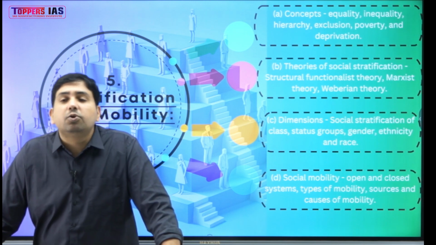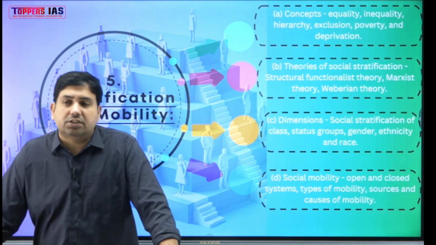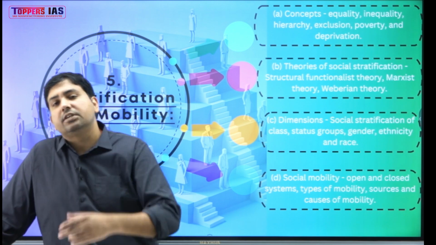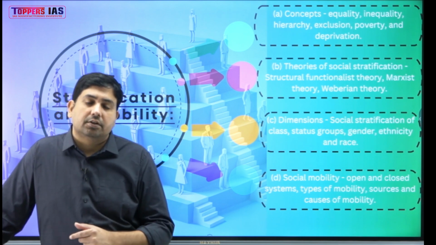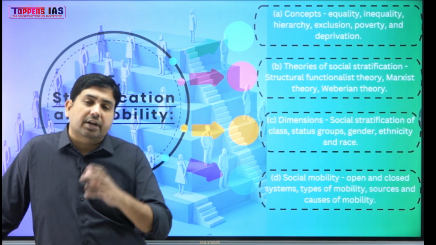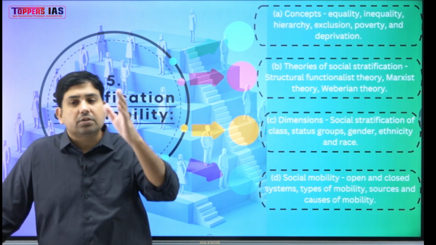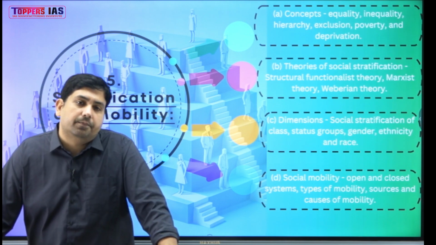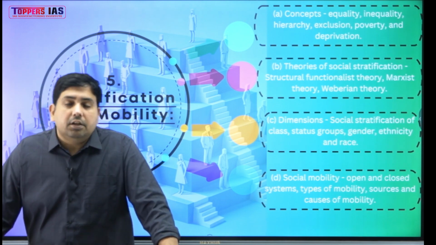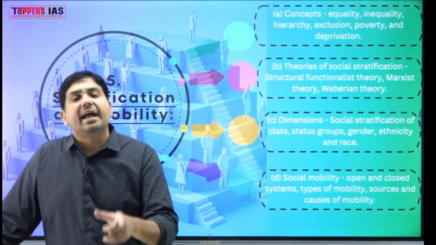Or medieval Europe, the state system, that was an example of stratification. Where there was the church, then the aristocratic nobility, and common people. So strata division was there, and different laws were applicable to them. Anyway, so in the stratification and mobility chapter,